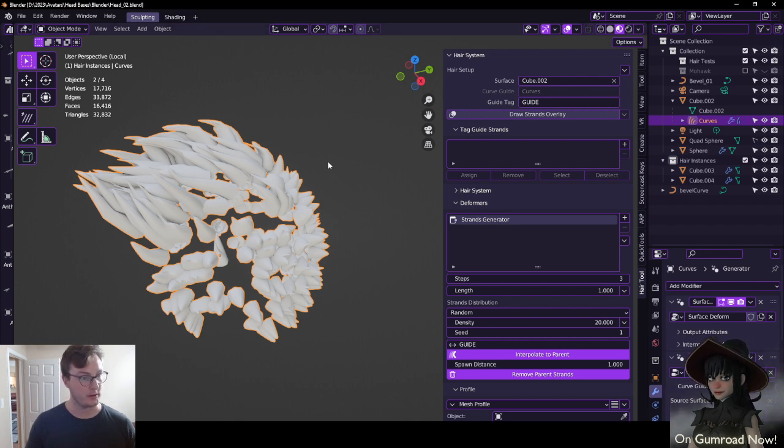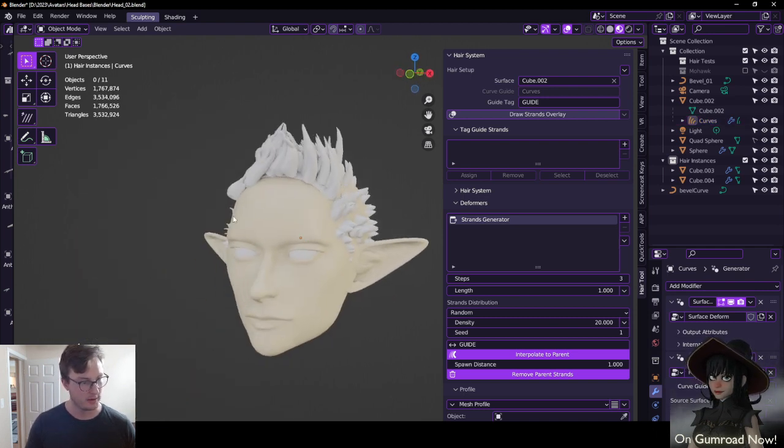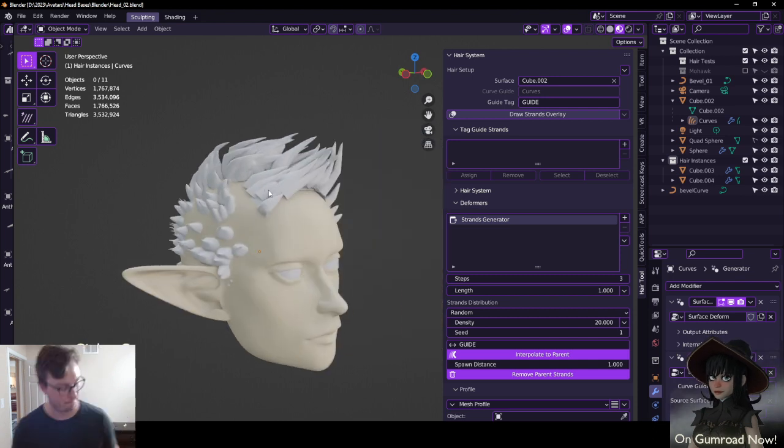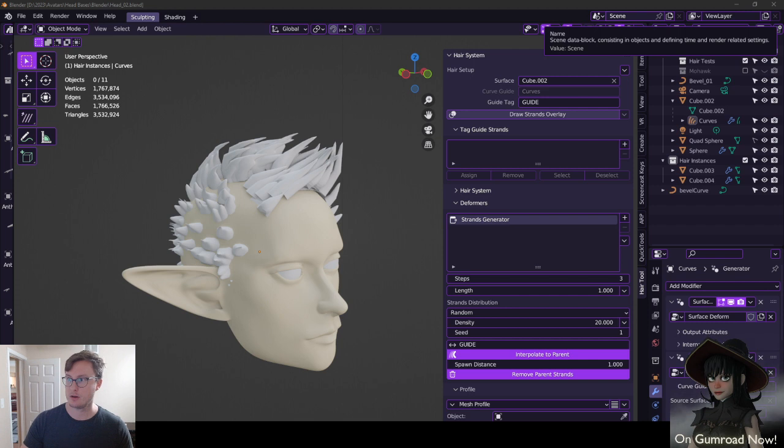All right, sorry, getting distracted. So we started this little hairdo on this guy. Now, what I'm thinking is that for pretty much all of stylized haircuts, anime haircuts, we're going to want to make this through shells or through strips and then adjust them afterwards. So let's go ahead and